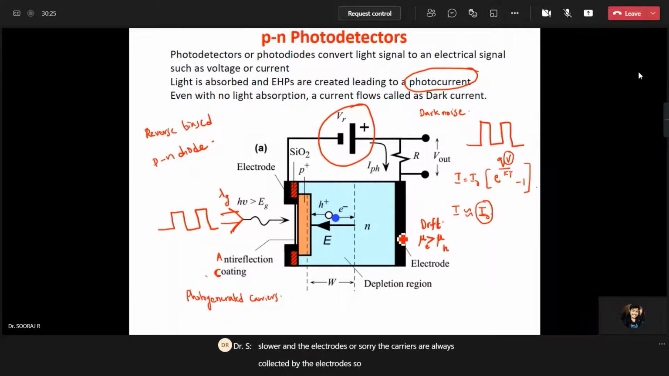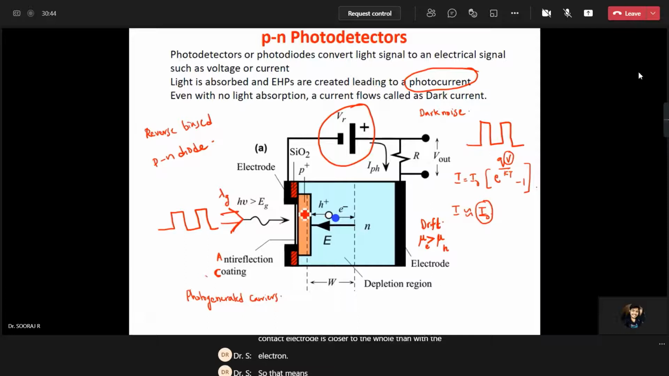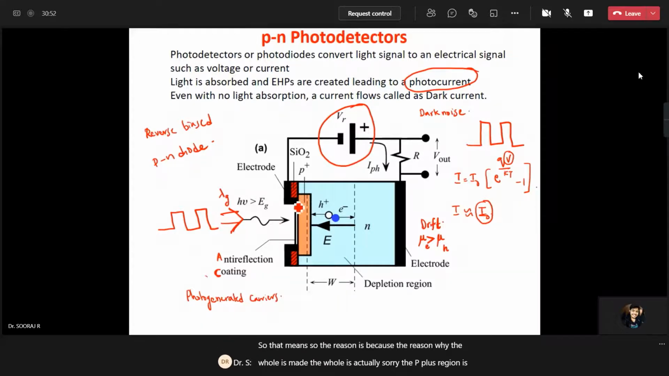So if you are placing an electrode which is far away from the depletion region, then it takes longer for the carriers to reach that electrode. If you look here, you would see that this contact electrode is closer to the hole than to the electron. So the reason why the P plus region is made very close to the metal electrode is because the hole,